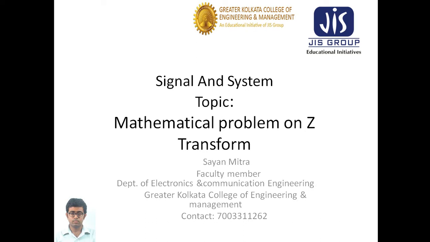In the previous three lectures we have discussed the Z transform, the significance of using it, or I would say the advantages and disadvantages of using Z transform. Z transform is basically used for discrete time signals. For discrete time signals, we have defined the region of convergence, and we have discussed the properties of Z transform and inverse Z transform also.